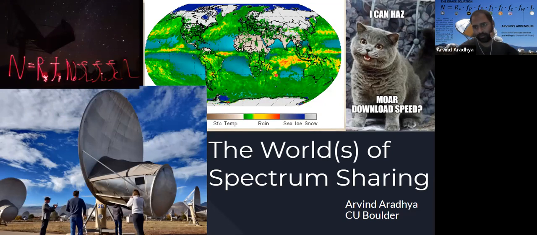It's like an integrated column. If you look at any particular pixel here, it's essentially looking at the content of water vapor there. The way it does it is it looks at certain radio emissions from the Earth, and then it can establish how much precipitable water vapor there is, at what height it is, and so on and so forth. That technique is called microwave sounding, for one of them.